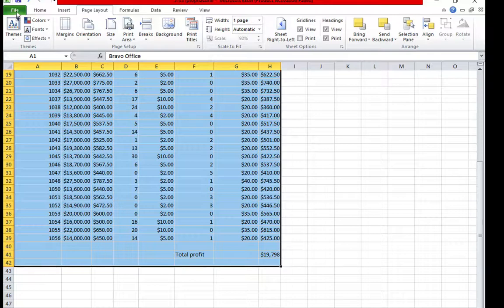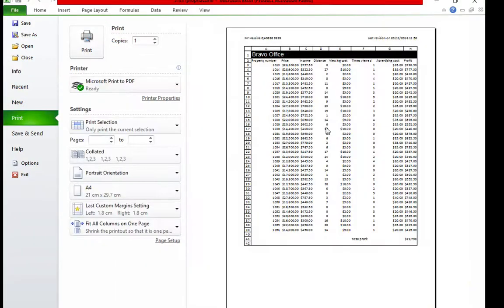Okay, I then go to file, print, and we can see here that everything fits on a single page wide. Why? Because this property here has been set, so fit all columns onto 1 page. Okay, so that's that done. That's question 42. I will then obviously print that and make sure that I double check my prints. Now, question 43